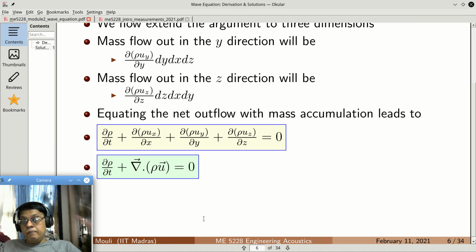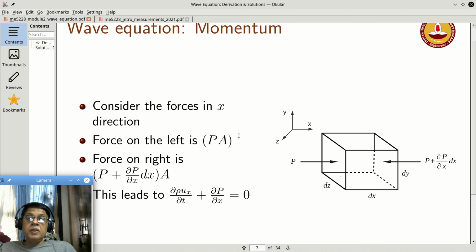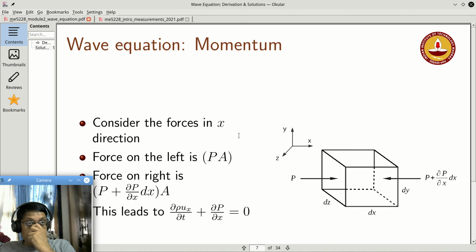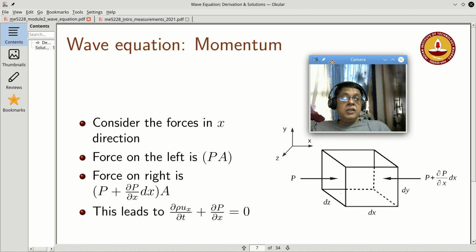Okay, this is where we left off in the previous lecture, the mass conservation equation, which is basically the rate of change of density, ∂ρ/∂t with time, plus divergence of ρu is equal to 0. So this is the mass conservation equation. Now, as I remarked in the previous lecture, we are going to use the principle of conservation of mass and momentum to basically come up with